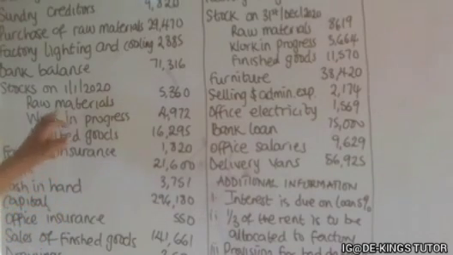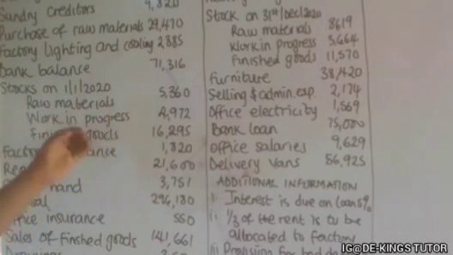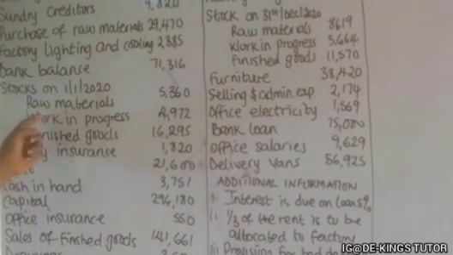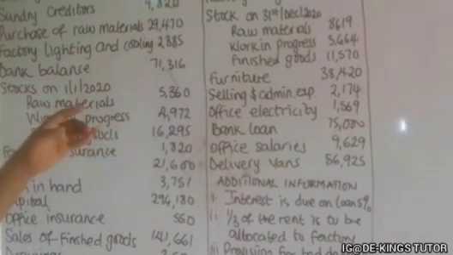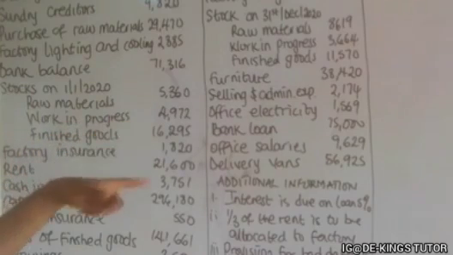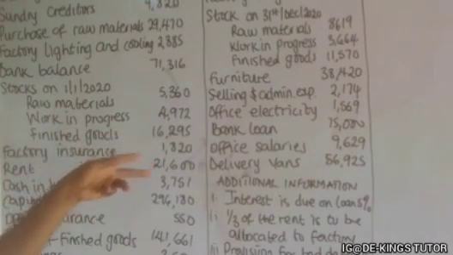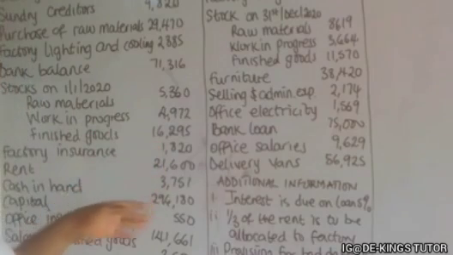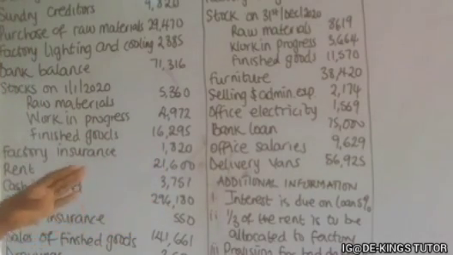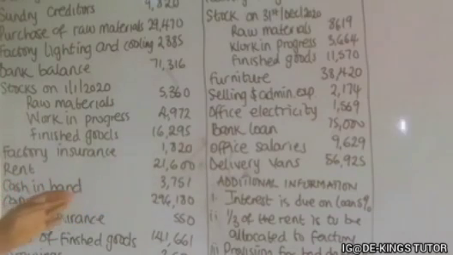Then we have stock on 1st January 2020, so these are the items for opening stock: raw materials 5,360, work in progress 4,972, finished goods 16,295, factory insurance 1,820, rents 21,600, cash in hand 3,751, capital